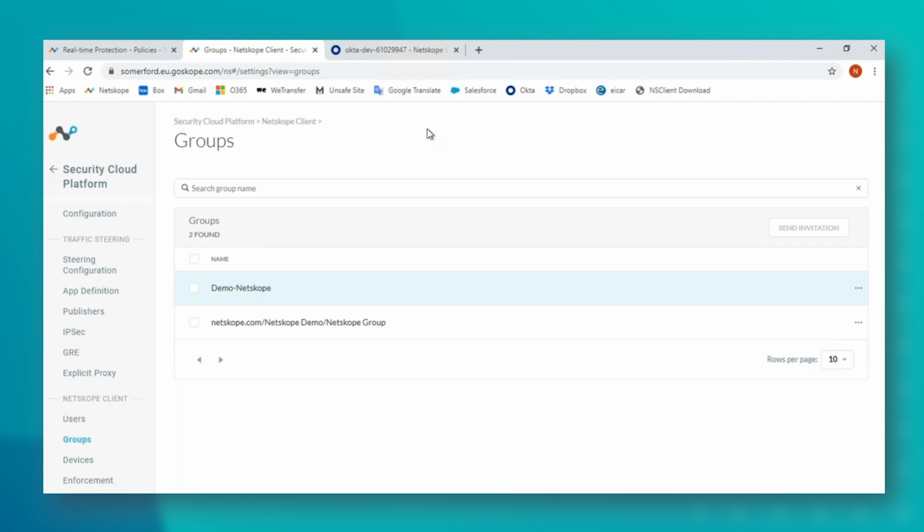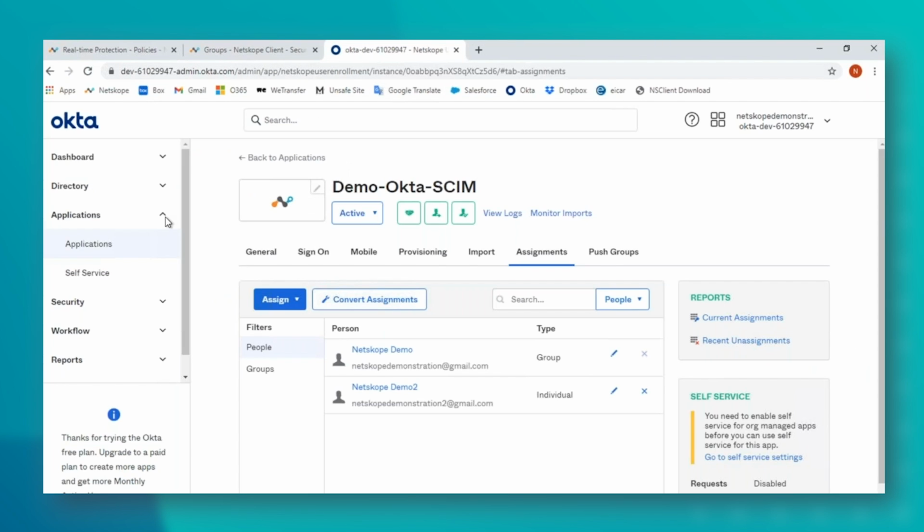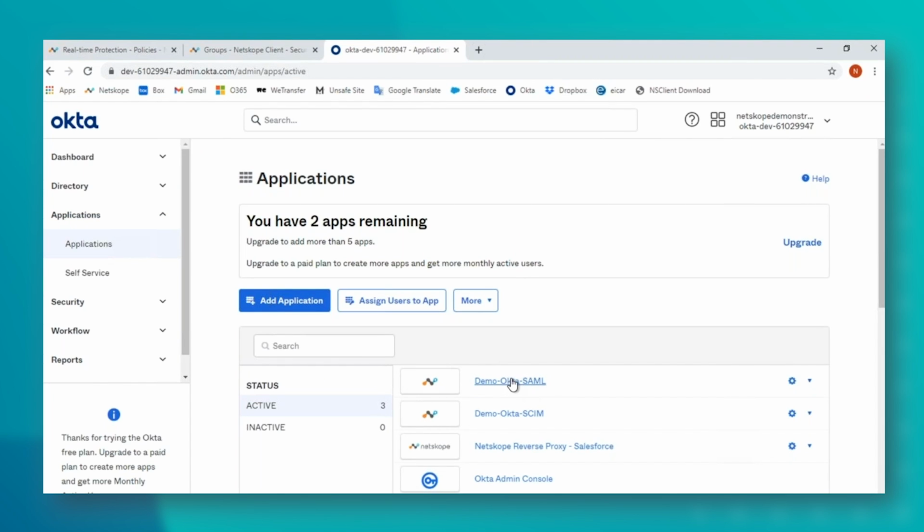If I jump back, I do have another application here, which is the SAML application. Now, these are separated in the Netskope guide, so you have to have the two applications set up, but our Okta wizard did it and only had one application enabled, and it still worked as long as you've got the correct information in it. But I've done it separately, the way that it's told by the Netskope guides. So the SAML is going to handle authentication as well for us. The SCIM is doing the user provisioning, but the SAML is now going to allow us to authenticate and identify our users for an actual client.